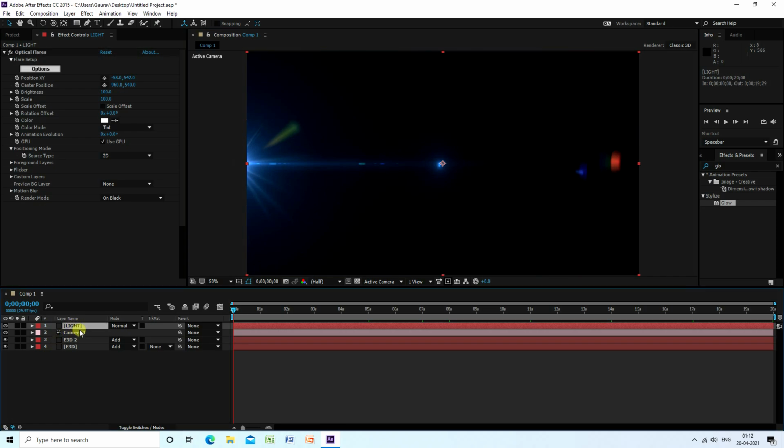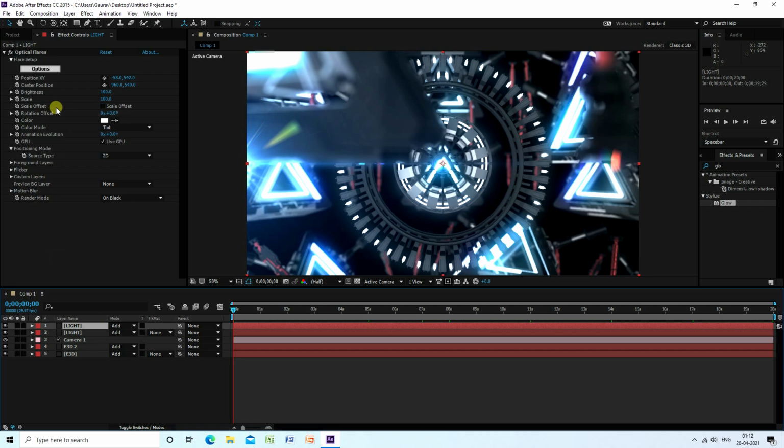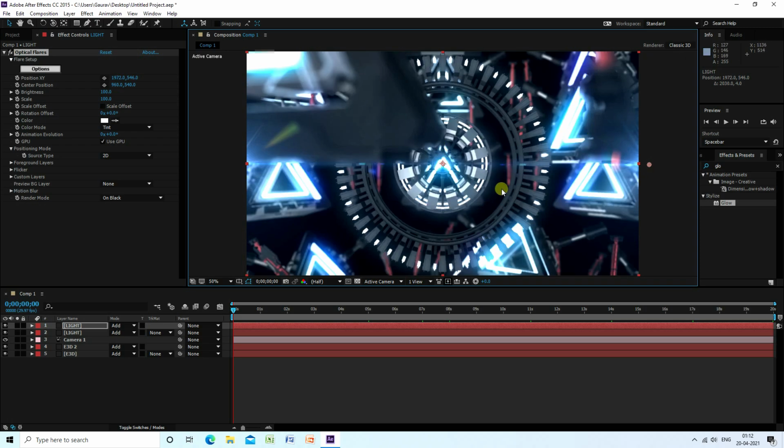So guys select this, and guys also change mode add. Yeah, and control D, select this light, and guys select this optical flare and go to on here right side. Yeah, good, right?